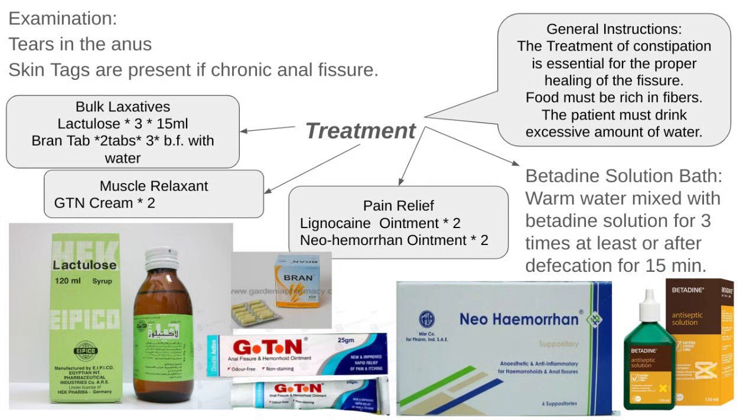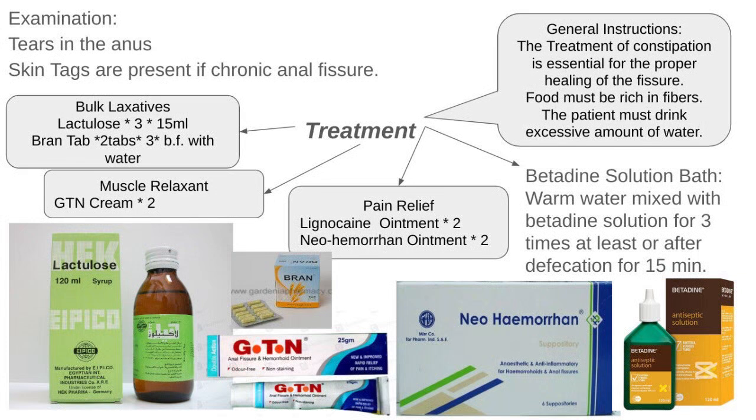General lifestyle modifications. Lifestyle modifications are critical to ensure long-term healing and prevent recurrence. Therefore, we advise patients to make dietary changes, increasing fiber intake through fruits, vegetables, and whole grains. Drink plenty of water, at least 2 to 3 liters daily, to maintain hydration and stool consistency. We encourage patients to avoid straining during bowel movements. We advise them to respond promptly to the urge to defecate to prevent stool hardening.